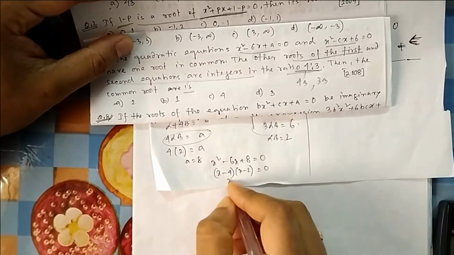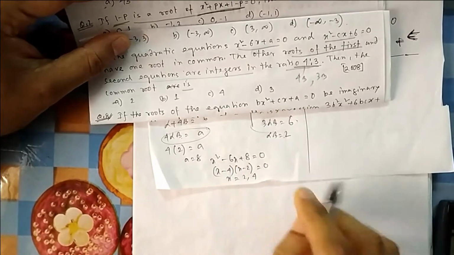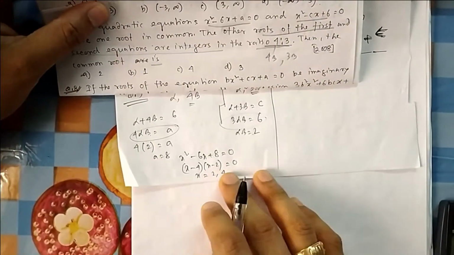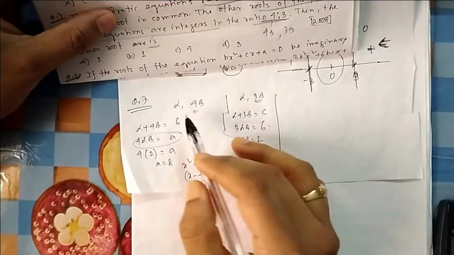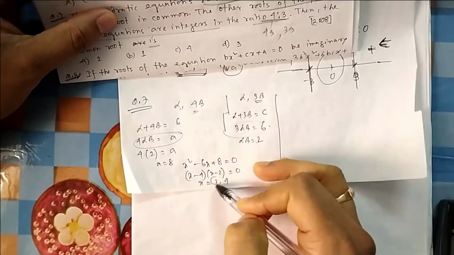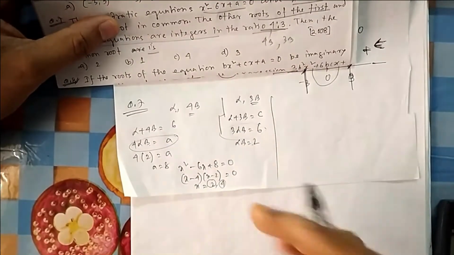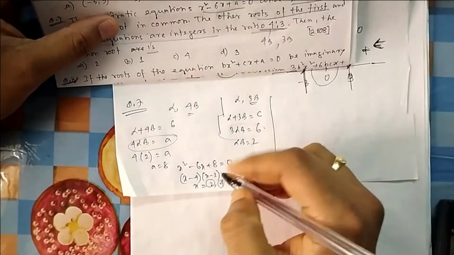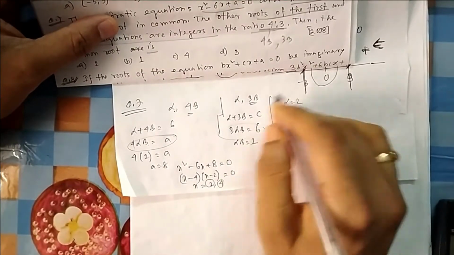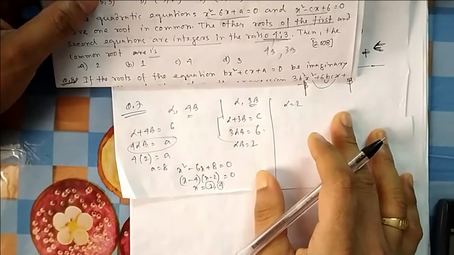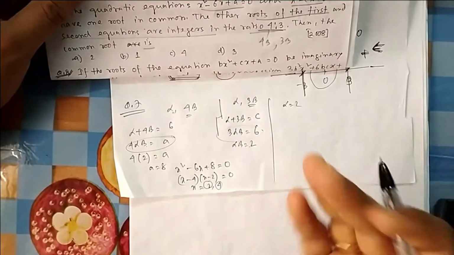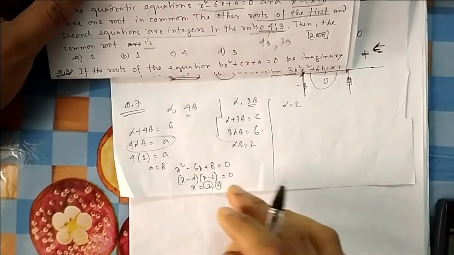You can easily do the middle term factorization; I am skipping that one and directly writing. So x equals 2 and 4. Once you know x equals 2 and 4, one of them has to be the common root. Either this one is the common root alpha, or this is 4 beta. As of now I don't know which one, so let's start with alpha equal to 2. If it matches every condition, then this will be the answer. Otherwise I will try with alpha equal to 4.